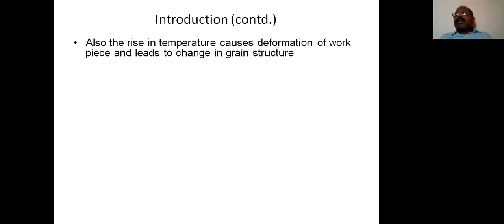Let us say we require a diameter of x units. As the temperature increases, we measure using calibration tools or measuring instruments. We find that yes, it has reached x units. But after the cooling process, what happens? It reaches the original dimension, which is less than x units. So unnecessarily we are removing excess material, because the machining or measuring takes place at high temperature. During high temperature, deformation of the workpiece is produced. That is the first drawback.